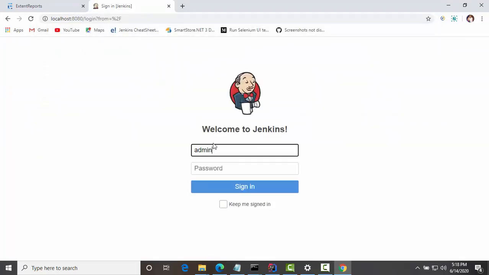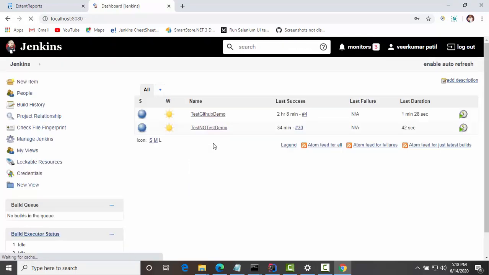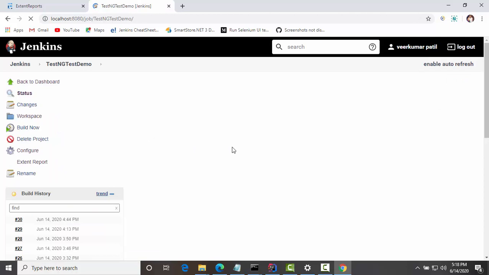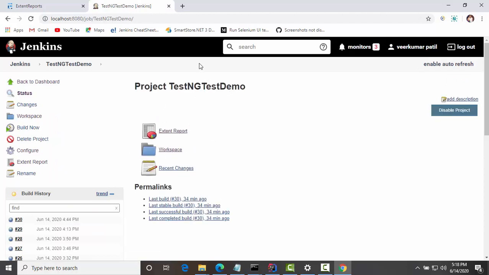Now let's open Jenkins and try to run the same code. I log into my Jenkins and this is my build definition for that, and I will click on build now. Let's see whether we are able to get the same kind of report with attachment. The build execution has been started.